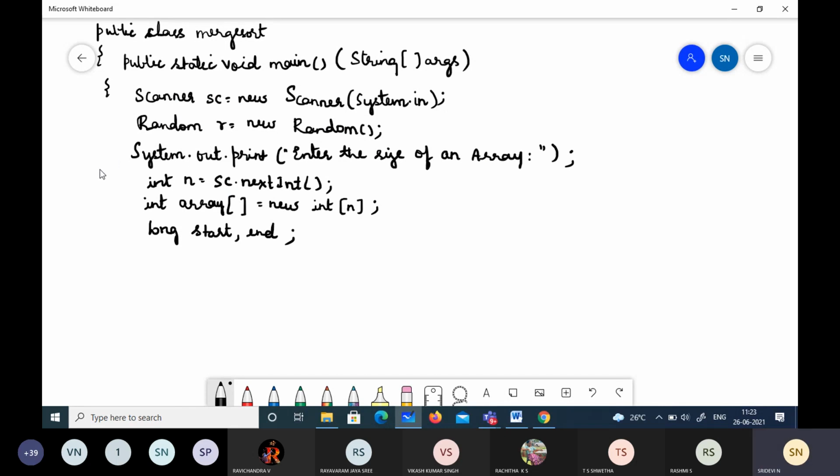Then next we will just try to take the elements. We will not give the elements; they are generated through the random function, isn't it? So we have the elements stored onto this array by using the random function.